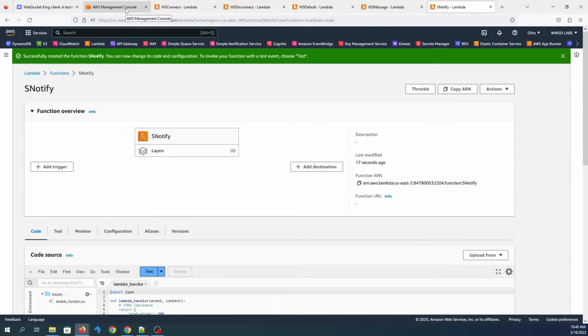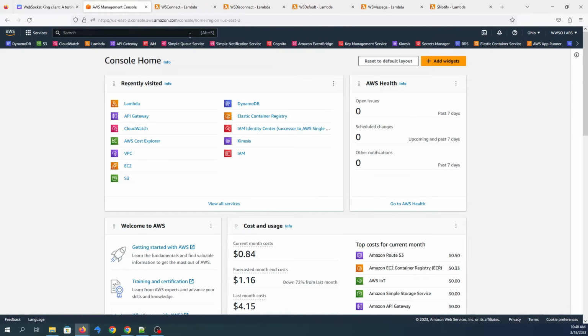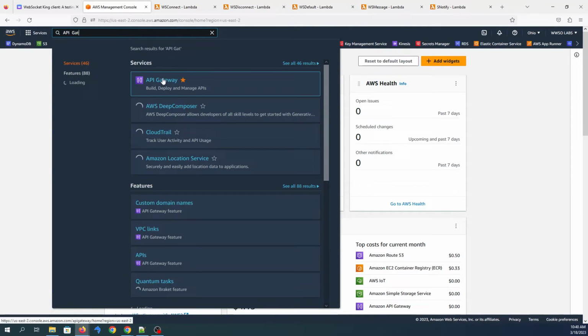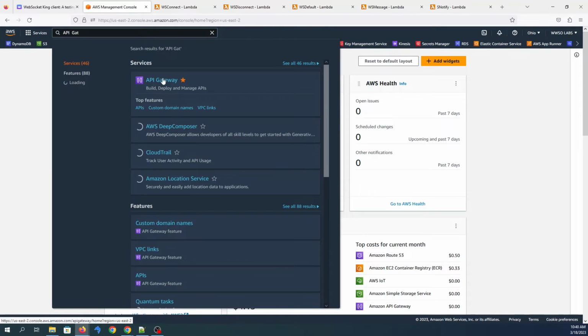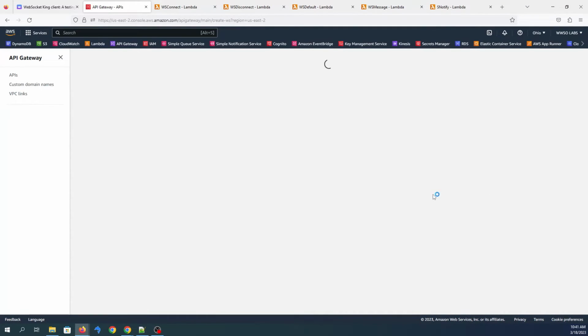So then we'll move into the AWS console and search for API gateway, and open the API gateway page. So since we are going to create a WebSockets API gateway, we have to select the WebSockets API option. Click on build,